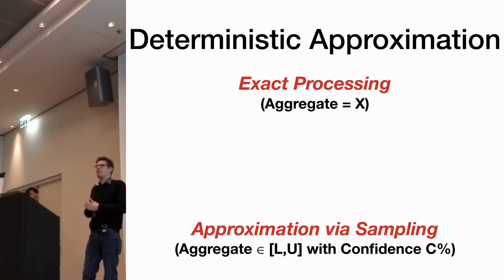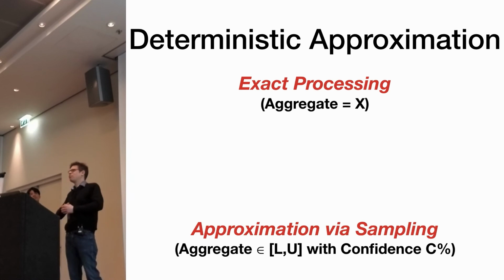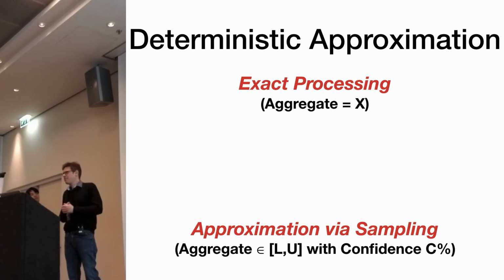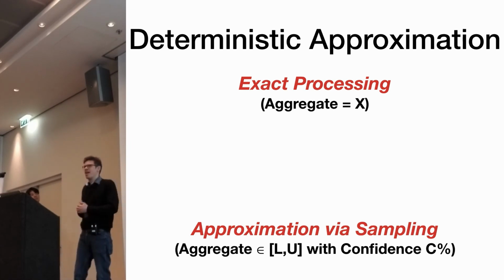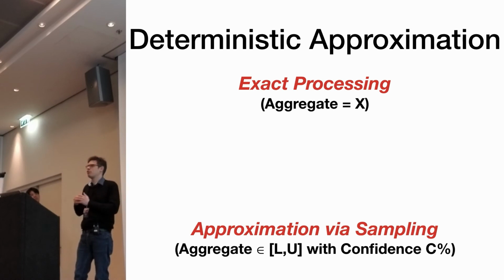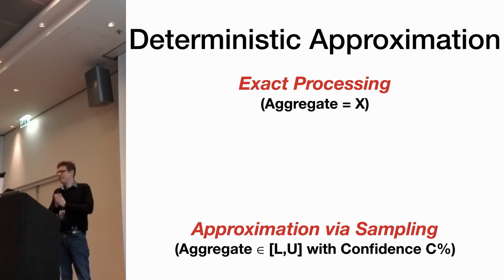Well, typically, if we are processing aggregation queries, we have two choices. Either we process all data to get exact results, or we process the data sample to get confidence bounds. But exact processing often takes too long, and sampling is problematic for aggregation functions like maxima that are sensitive to outliers, and more importantly, users may not always be okay with getting bounds that they can only trust with